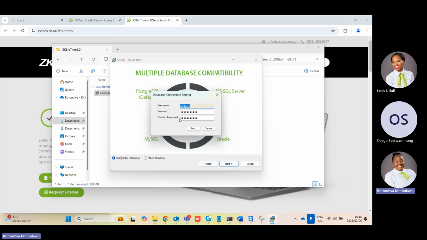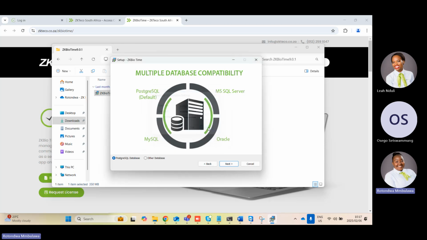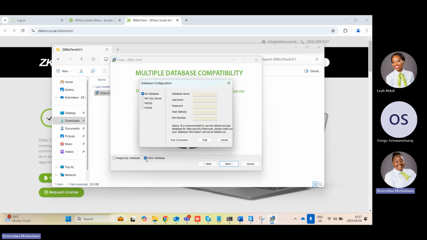If you're going to link the database with your own, you need to make sure that you know the credentials, which will be your passwords for your SQL database, okay? So if, for example, you would like to link it with another database, you can cancel here, click on other database, and select which one you're going to use. Let's say, for example, you click this one. You need to know your username, your database name, your password. All these credentials should be filled in. Then you test for connection and see if the connection was successful. If it is successful, then you will click on post,